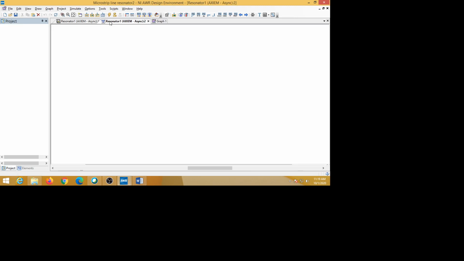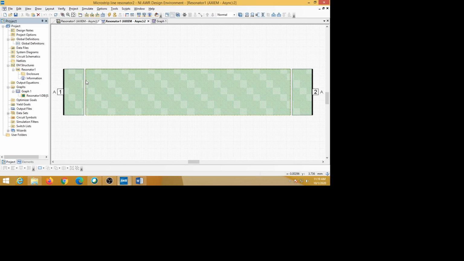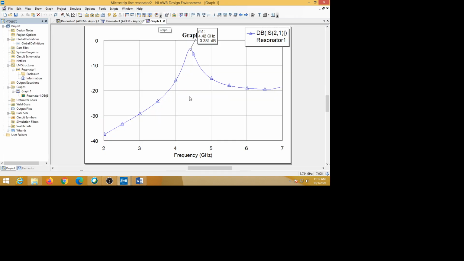Actually, this is a feed line and this is a resonator. The gap S between the feed line and the resonator may be reducing the resonant frequency.